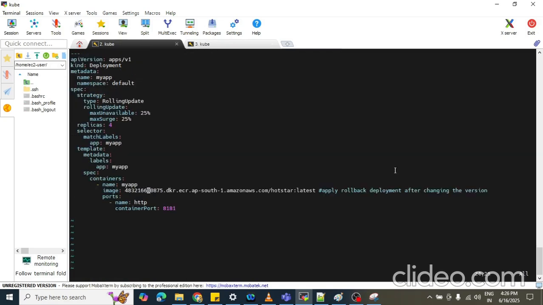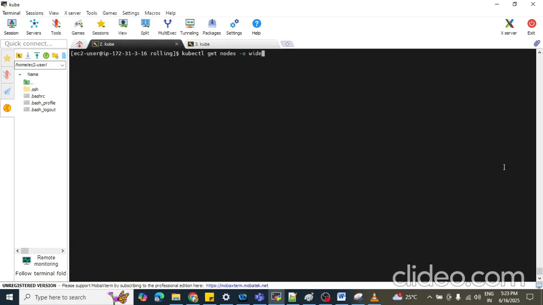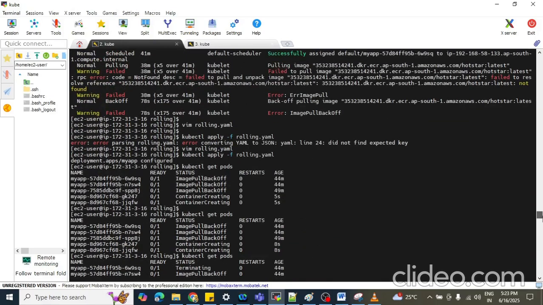Let me change the name here. So we are getting ImagePullBackOff because the image we are trying to pull from our ECR is not available.